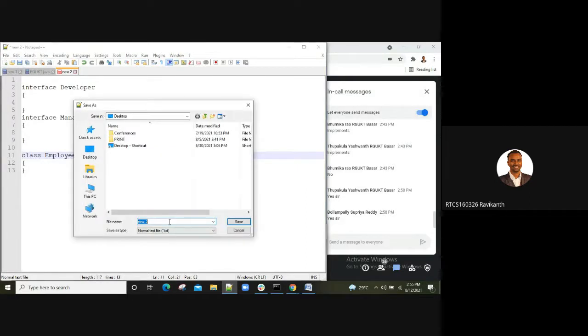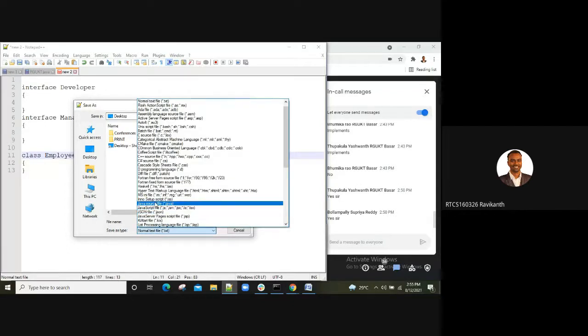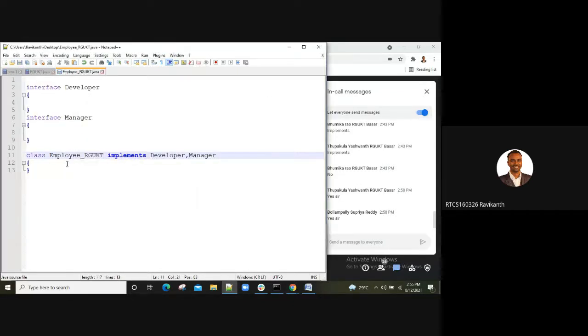Now I'm writing a method which would be an abstract method, the display method. Similarly, in Manager also, I'm writing one more method, void show underscore details.